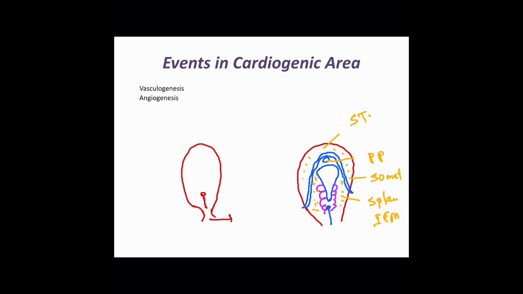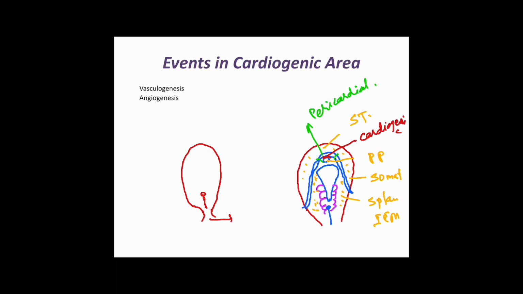Now this area here I will draw in red, just below this intraembryonic coelom. This is the cardiogenic area. This cardiogenic area is the site where the future heart will form. The part of the intraembryonic coelom overlying the cardiogenic area will form the pericardial cavity. This diagram is very important as we study the development.